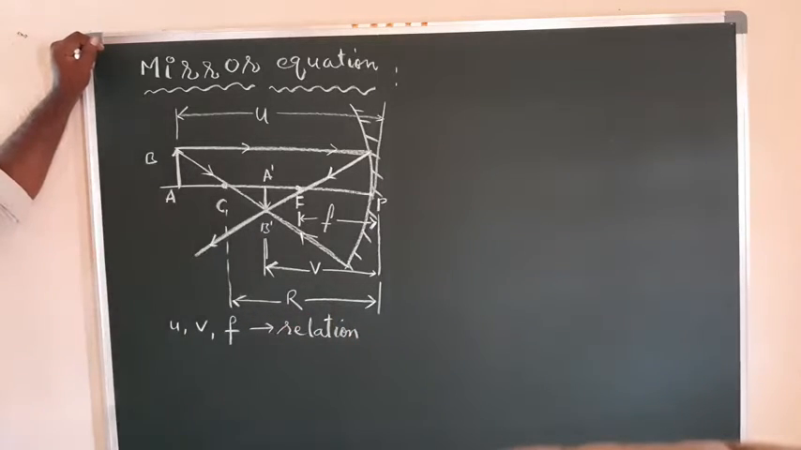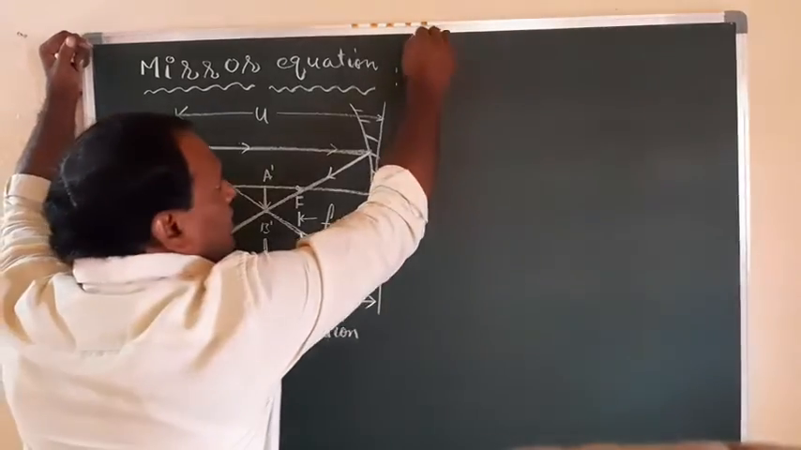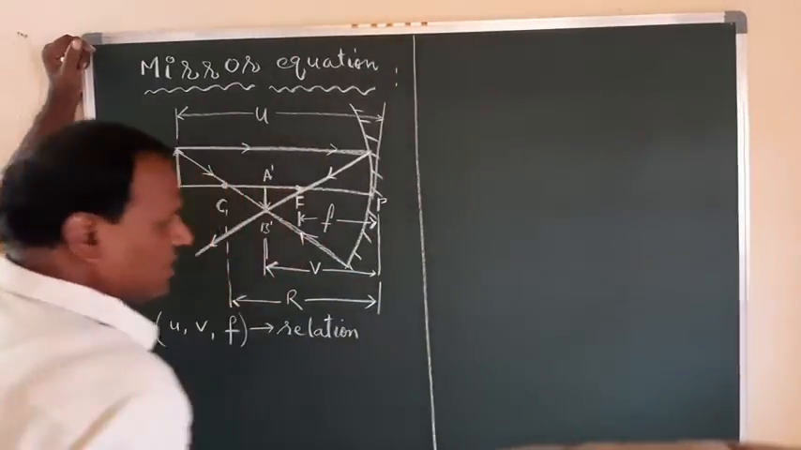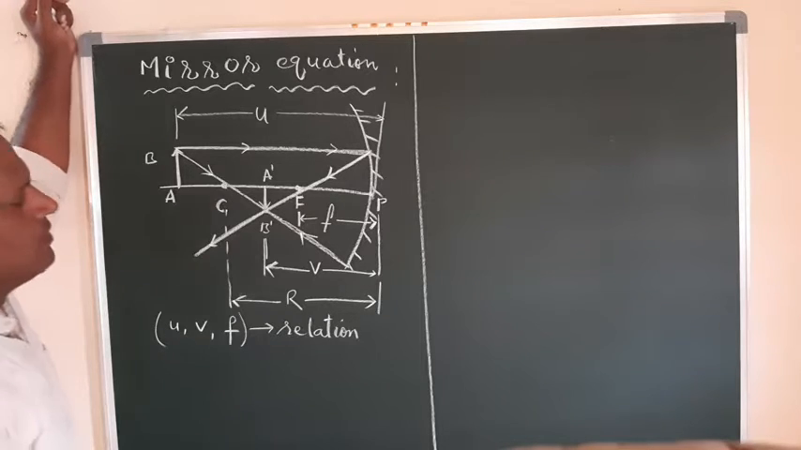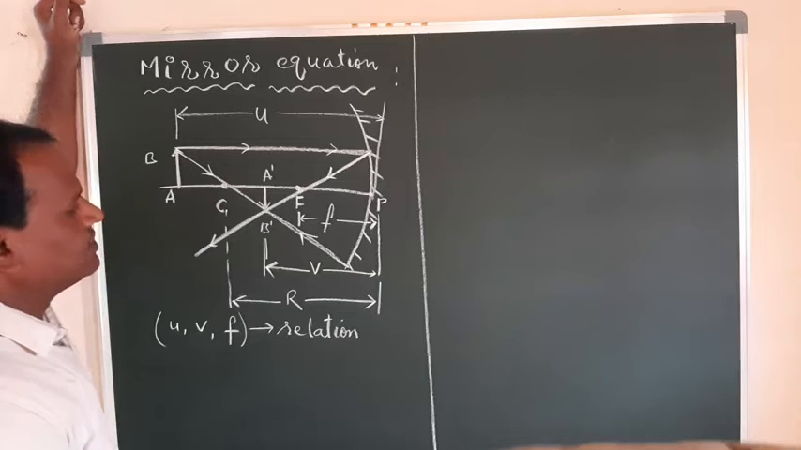We need to derive. Correct? So for that, you have to consider the triangles here. They are similar, right? So first I'll consider these two triangles, that is,